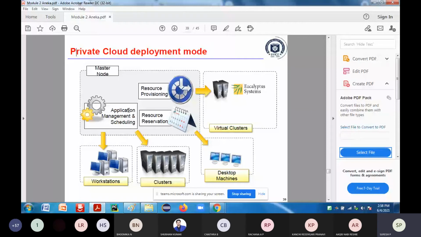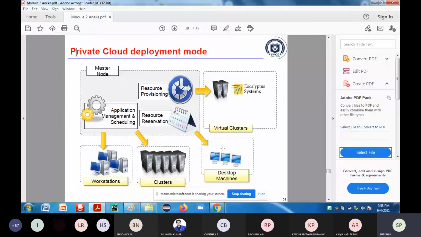Now, when you have this workstation cluster, sometimes you can make use of desktop machines also, because in your company you have a number of systems. The employees work from morning 9 to 6. From evening 6 to morning 9 o'clock, there won't be any employee working on those systems.